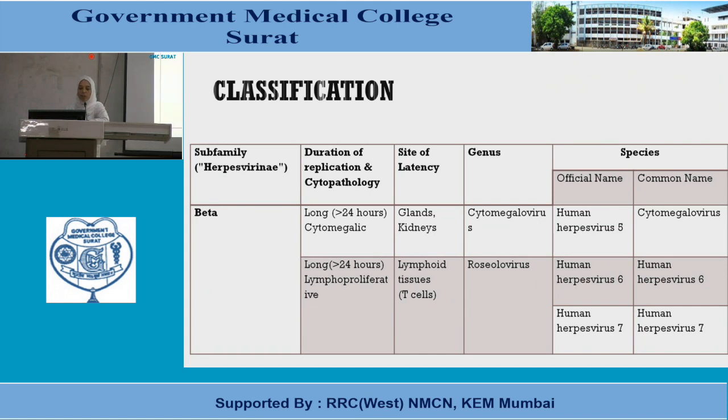They have the other group, which is also called lymphoproliferative. The name itself will say. Now once you see, they reside or are latent in two different groups. One is in the glands or in the kidney. The other, the name lymphoproliferative itself says, lymphoid tissue, and especially T cells, right? Now you see the group of virus, the glands and kidneys, they are mostly affected. The genus here is called cytomegalovirus. The glands here are the submandibular glands and other glands, right?